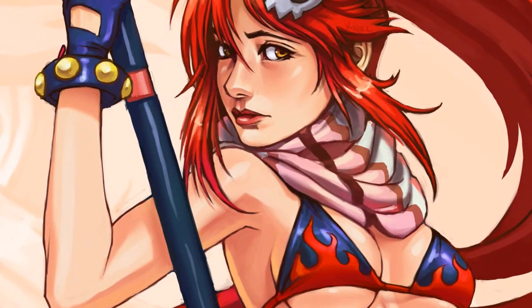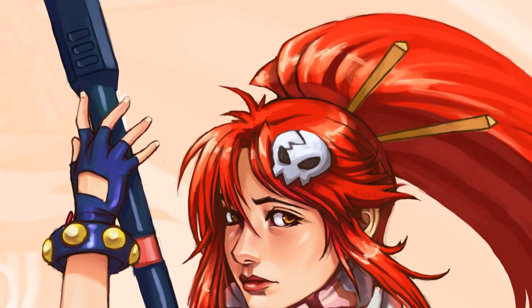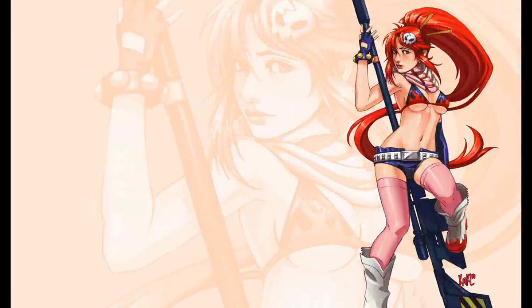So you can see this is the finished thing. You can see the detail in her face and her hand. I gave her fingernails at the end. That was one of the little details I added. And then I turned it into a wallpaper type format, you could say. So, yeah, that was pretty sweet. I haven't seen that in probably about a month.